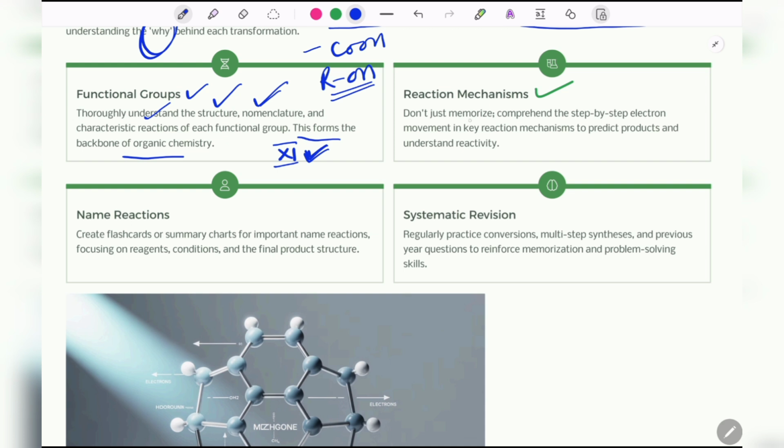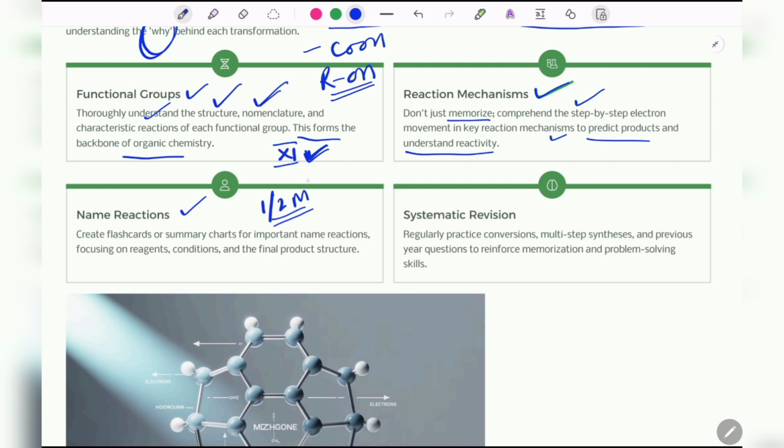Then reaction mechanisms, you have to understand them, don't just mug them up. You have to understand the way the bonds are breaking, the reactions are happening, all the processes, the heterolytic fission and the homolytic fission and all that. You have to understand the step-by-step reaction movement in a key reaction mechanism so that you can predict the products and understand the reactivity. Name reactions are extremely important again because there will be 1/2 mark questions on name reactions